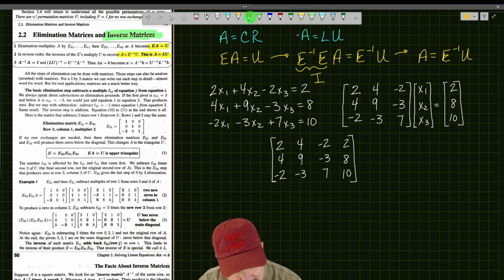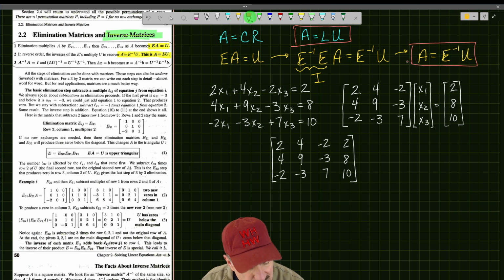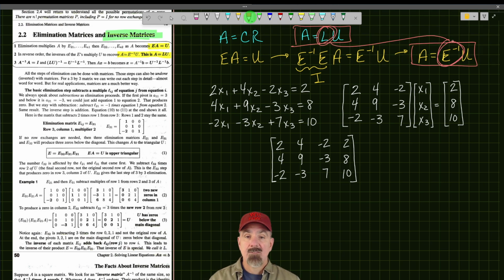And what we notice is that A equals LU and A equals E inverse U are the same thing, and the way in which we are going to define L is the inverse of the product of all of these elimination matrices. And there are a couple of items associated with the way this is constructed that makes it easy to do, which is why the LU decomposition is one of the more popular decompositions that we learn about. So where we're going to start then is